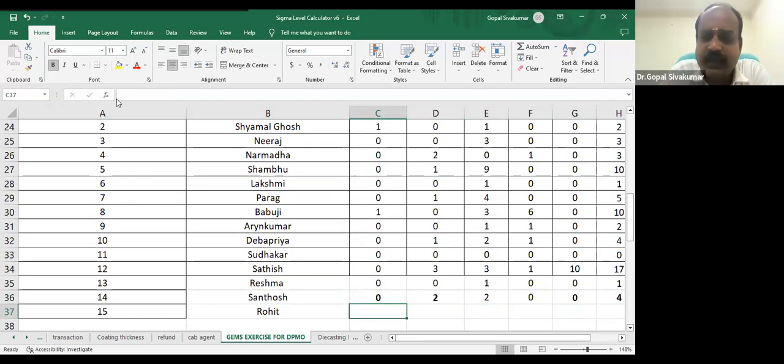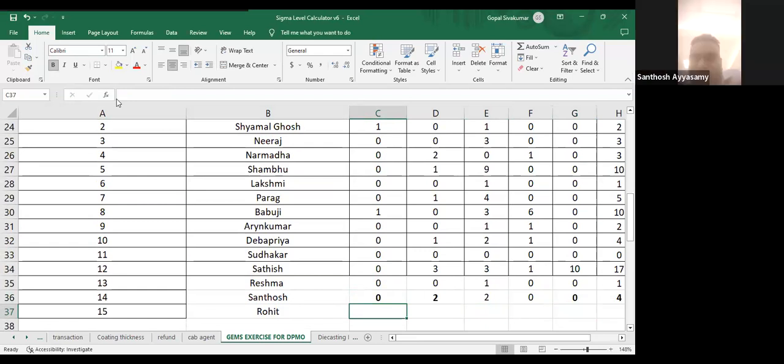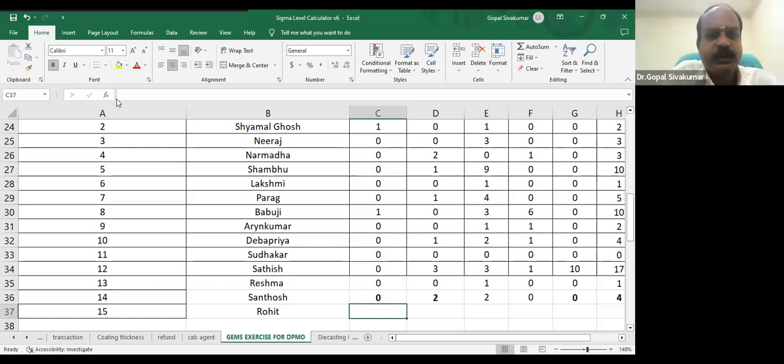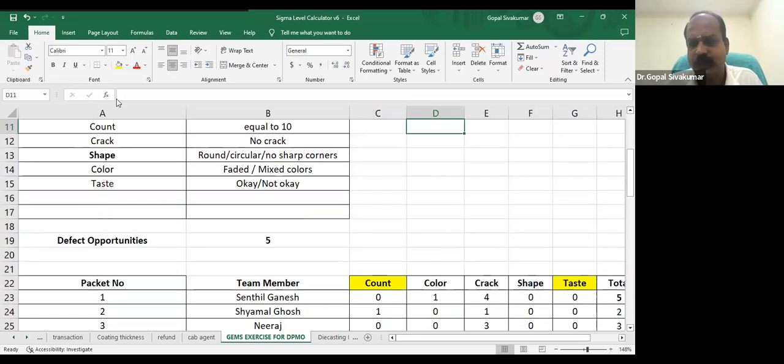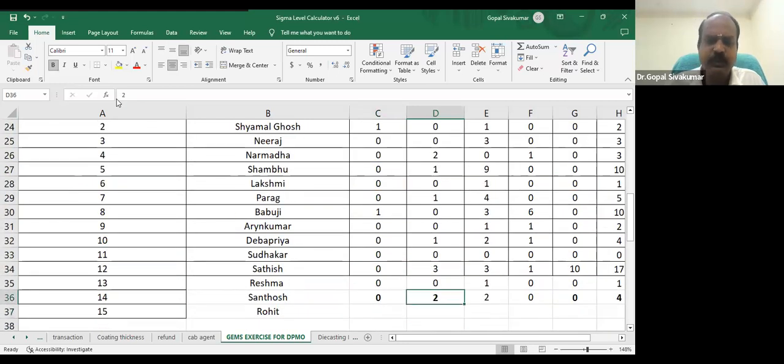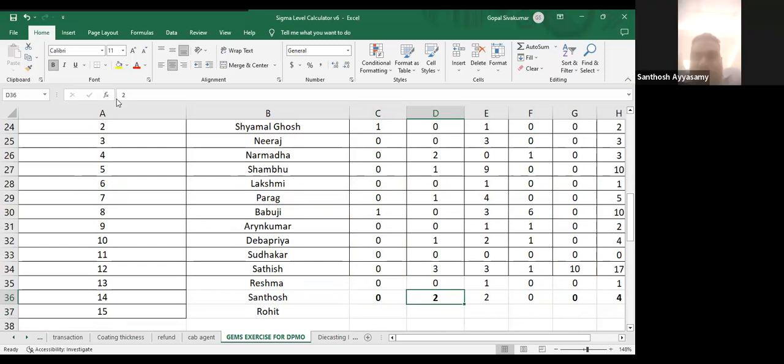Out of 10, 5 are having? Same color. I think your voice is echoing. Out of all 10, having the same color. Okay, no problem. Okay, let us accept. So color issue, but still you reported 2. Should I make it 0? Yeah. Okay, same color, we can accept that.